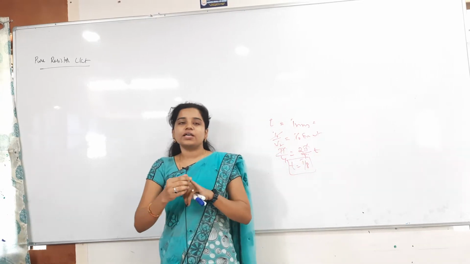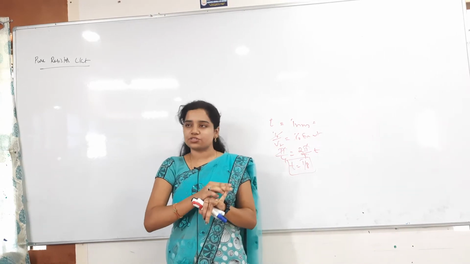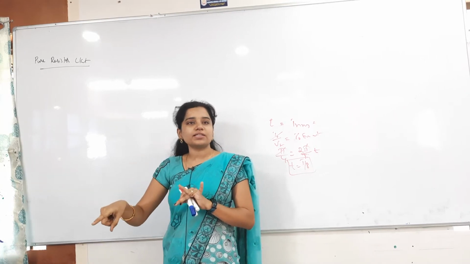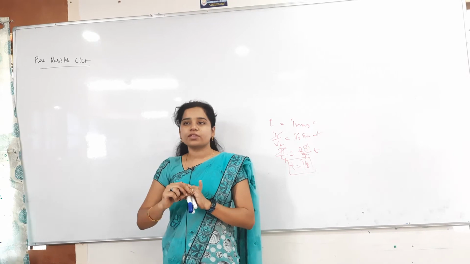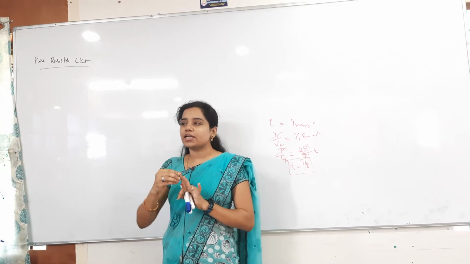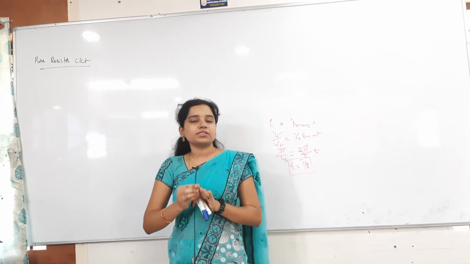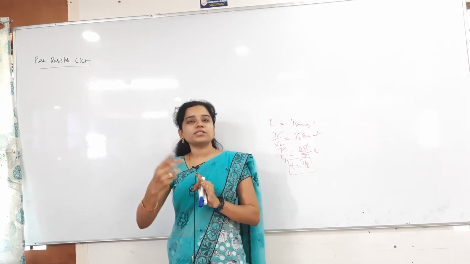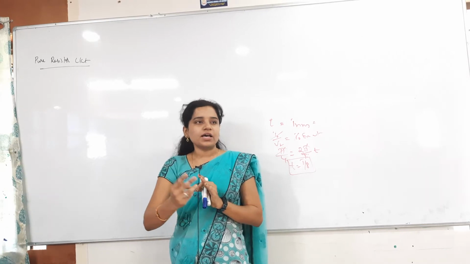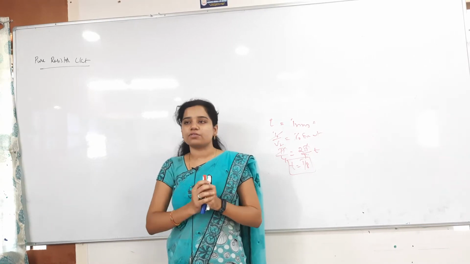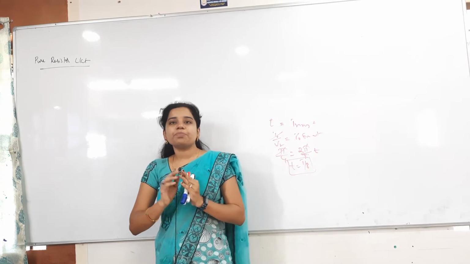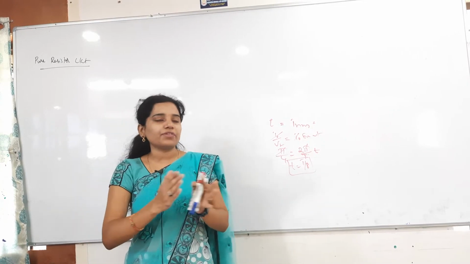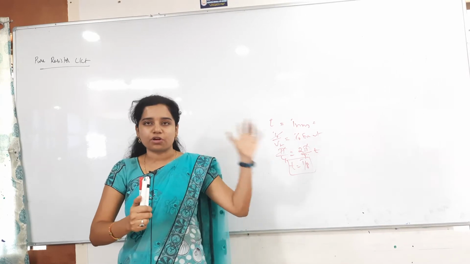First, the resistance offered by the resistor is simply resistance. The resistance offered by the capacitor is the capacitive reactance, denoted by XC. The resistance offered by the inductor is the inductive reactance, denoted by XL. And the resistance offered by any two or three components in combination is called impedance, denoted by Z. We will use these terms often in the topic we are discussing now.